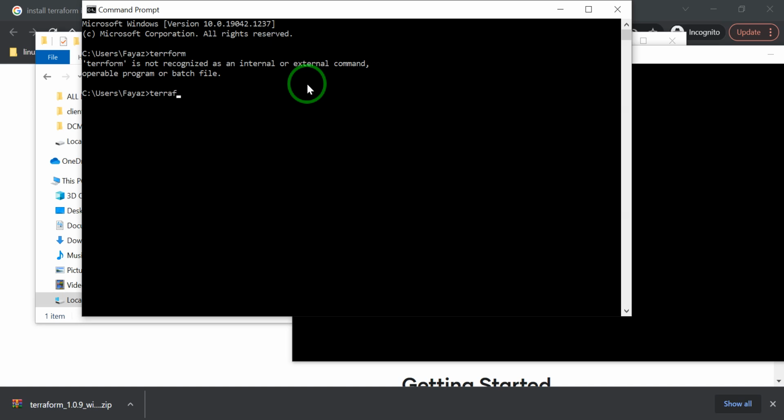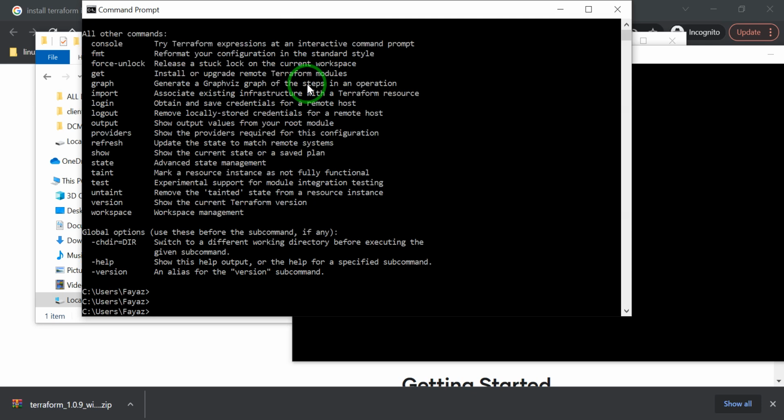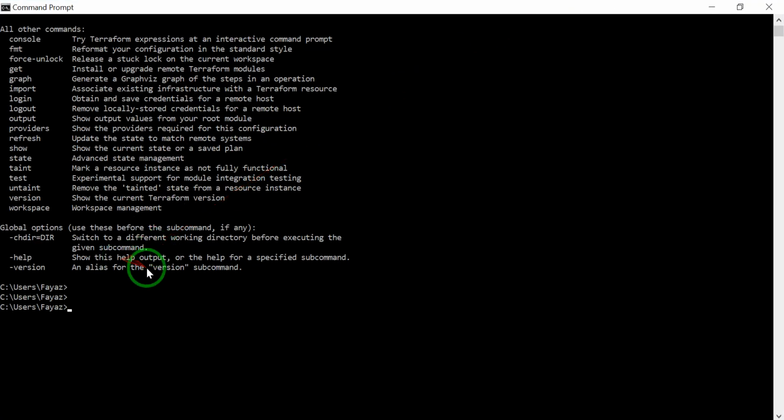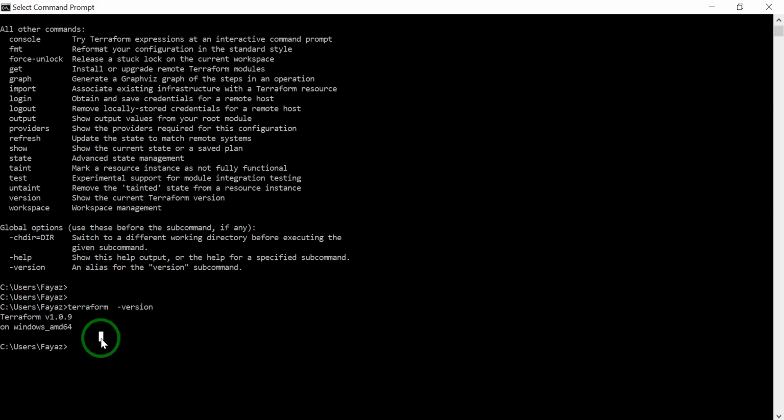Now the software comes up. I just write the version. Yes, it means Terraform is installed correctly on my machine, so I can achieve anything I want.